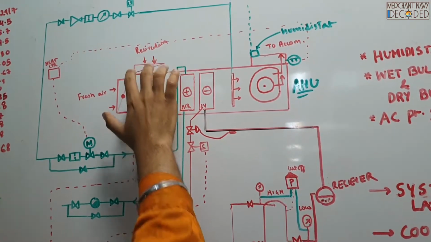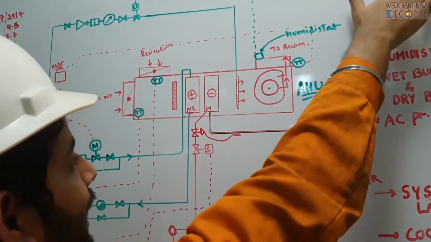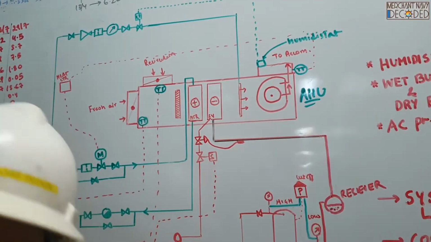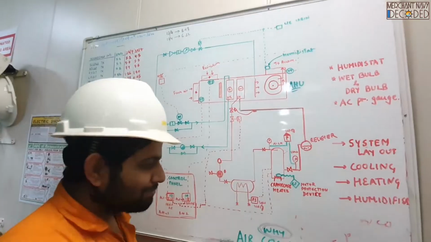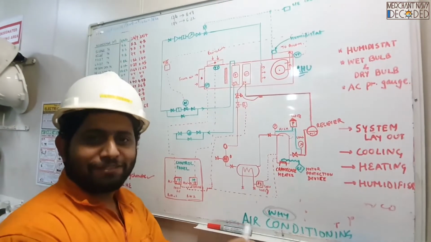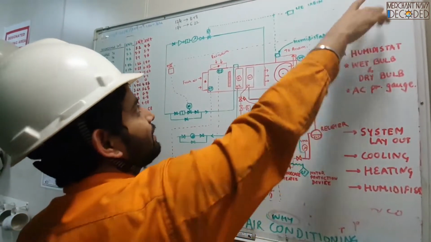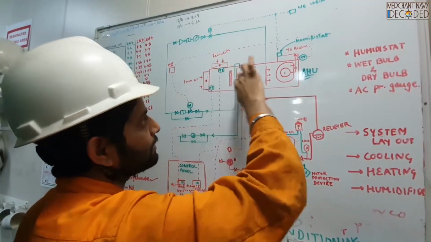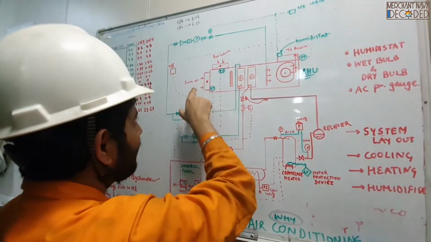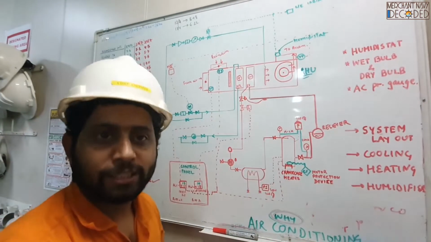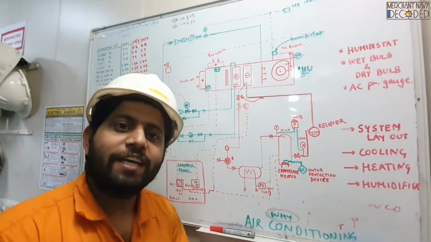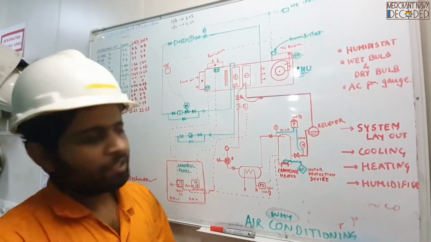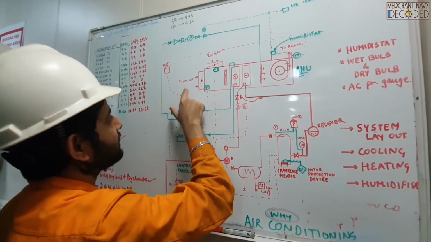What do you mean by recirculation? The air that you are sending into the cabins also has to come from somewhere. So it comes, gets heated in my cabin where I am wearing my banyan and I am feeling hot. It gets heated, and then it comes back through the recirculation over here. Another is fresh air from the outlet side. Now why are these two sides given? Suppose we are in a very hot environment. The temperature outside is 40 degrees centigrade, say.